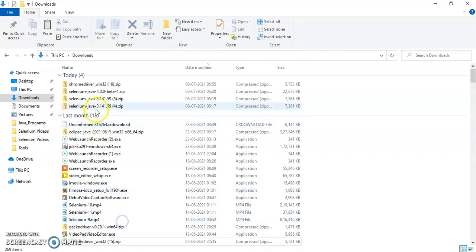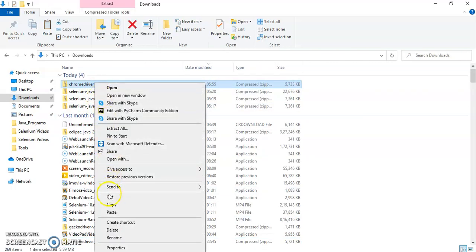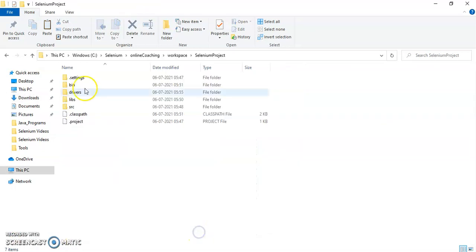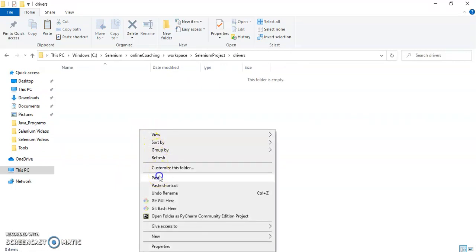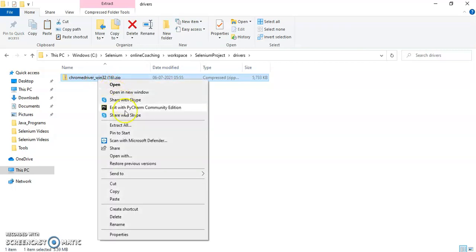I will copy that browser driver from the downloads folder and paste it in the root project folder, then drivers. Okay, and I need to extract it. So just extract it.